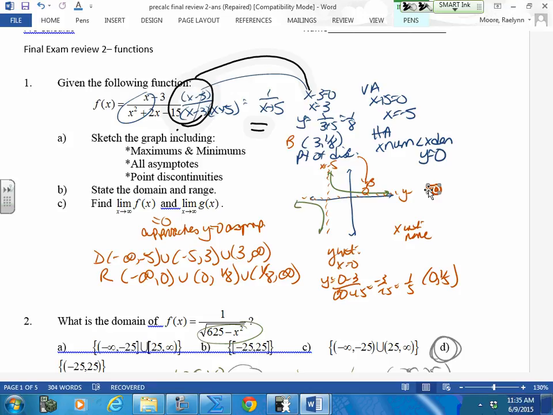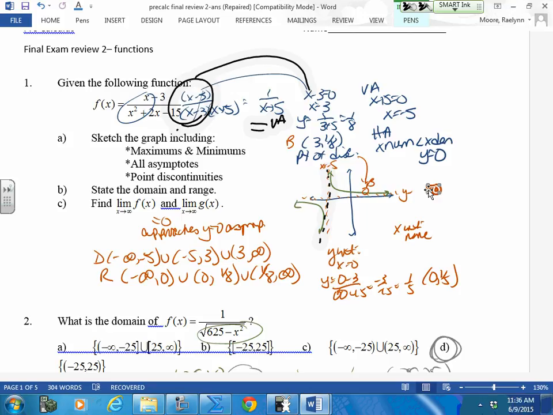Okay? Then follow the whole steps. Whatever's left in the denominator is a vertical asymptote. And now you know, here's your vertical asymptote. X is equal to -5. Horizontal asymptote, you had 3 rules. Can you guys remember those 3 rules? Okay. If the degree in the numerator is less than the degree in the denominator, you have a y equals